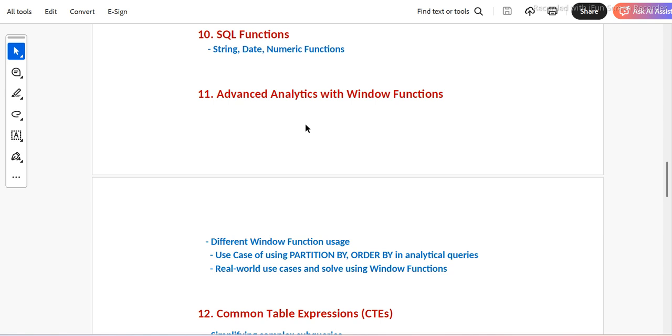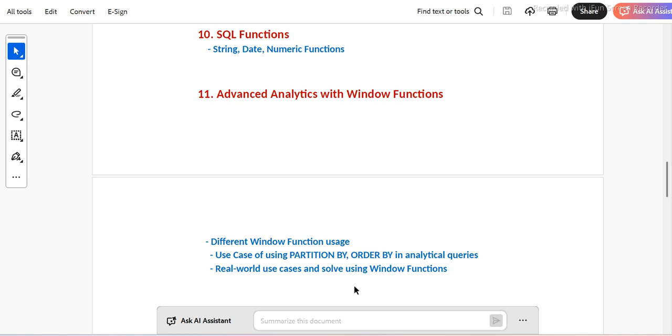Yes, for example of the window function, can you tell me the third highest salary in every department? Tell me the department number and then the third highest salary in every department. Now solving this with group by is a nightmare job, isn't it? So this kind of problem you can solve using the window functions, right? Now we will take real world use cases and solve them using window functions.